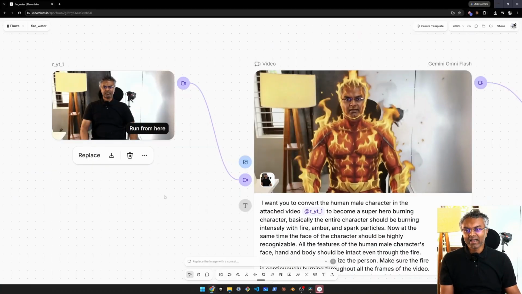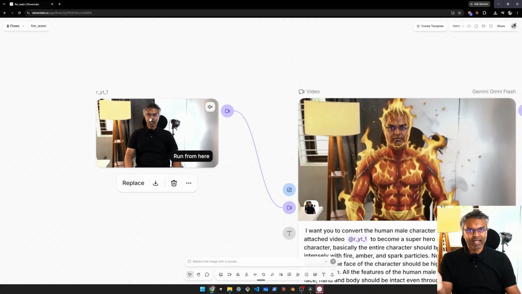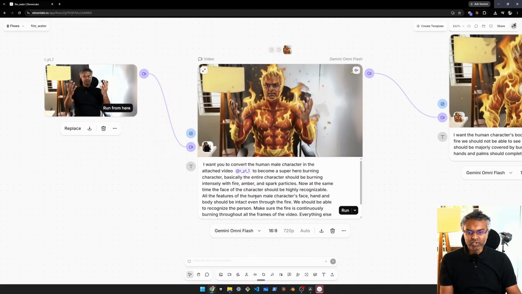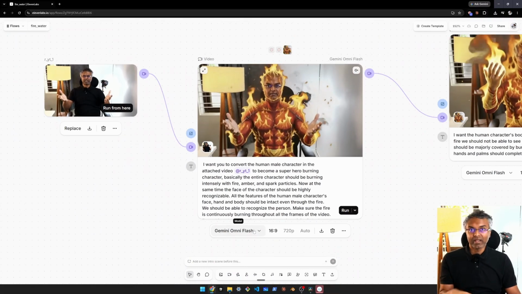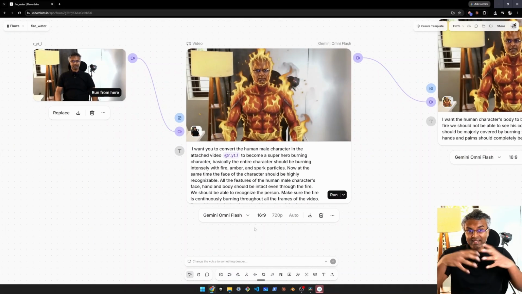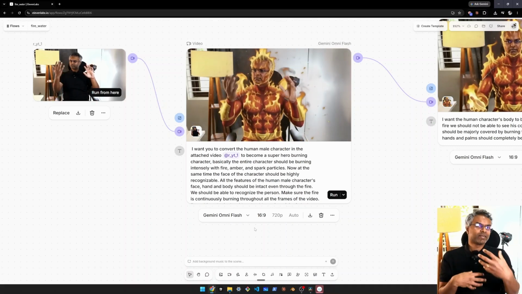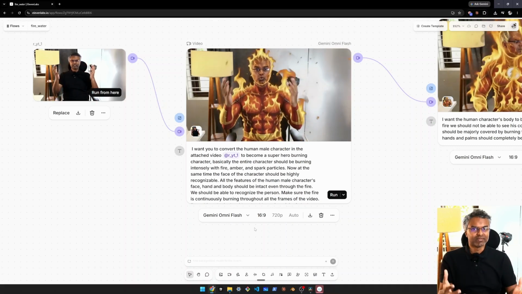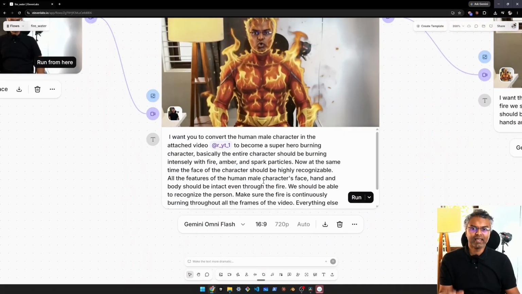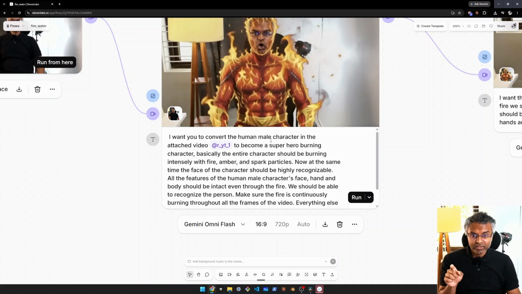I brought it inside of 11 Labs Flow, and I gave it as the input to the Gemini Omni Flash model. And the Gemini Omni Flash model is a world model. So it understands your world just by the images that you give it. So to this model, I gave the prompt, I want you to convert the human male character